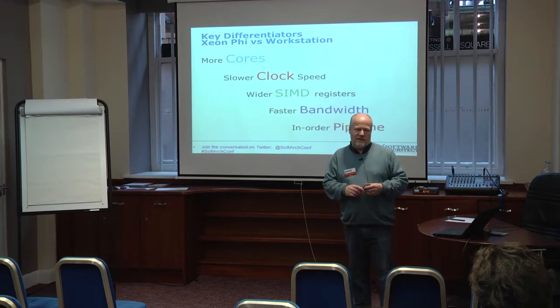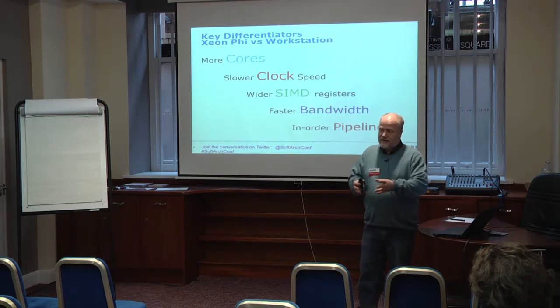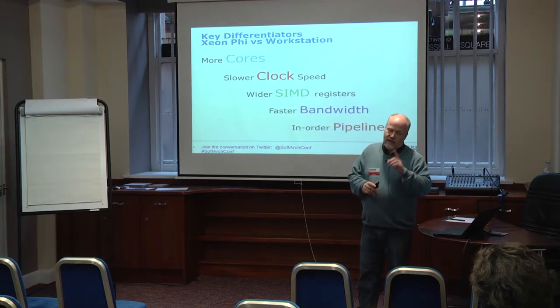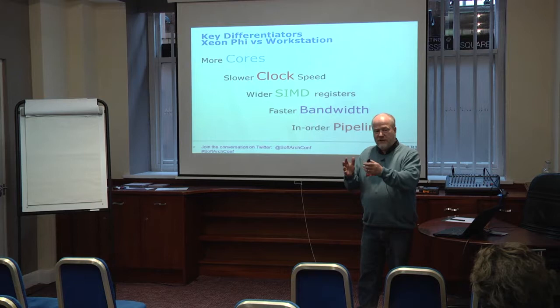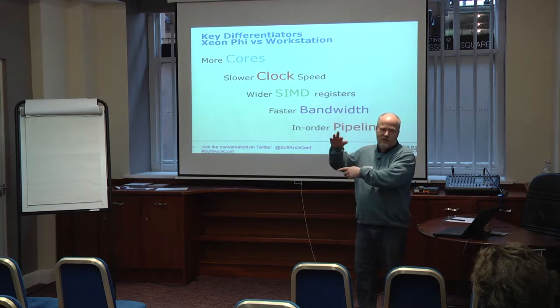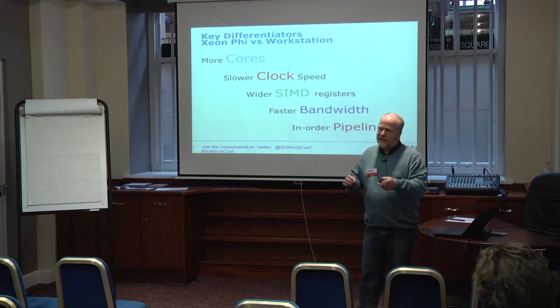And what that means is that in the processor that you've got on your PC or your laptop, that's what's known as out of order. The processor is seeing how early it can execute an instruction or a micro op, and it does things out of order, so it ends up making instructions execute in parallel, and then it restores the order as it gives the results. So that's out of order execution on a traditional processor, whereas on the Xeon Phi